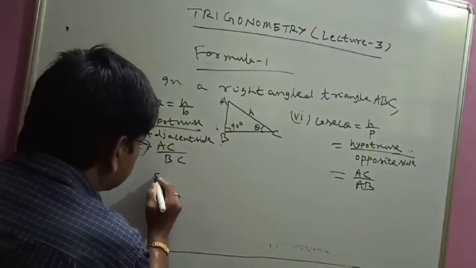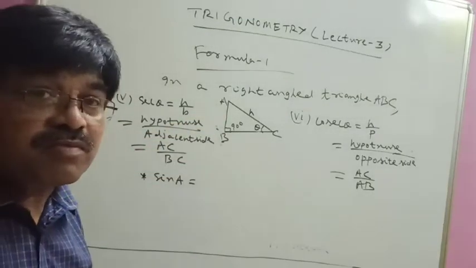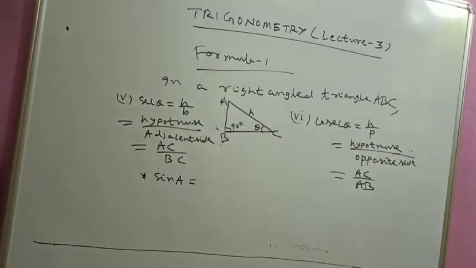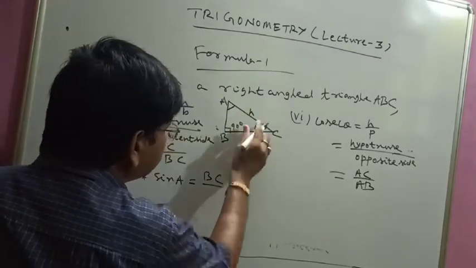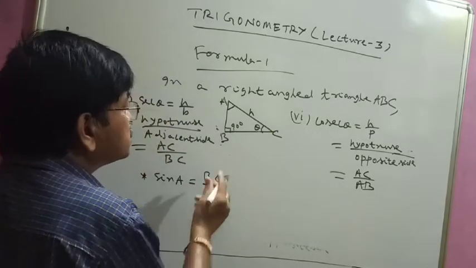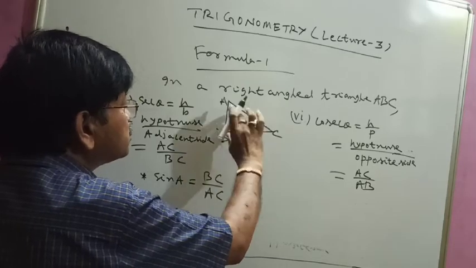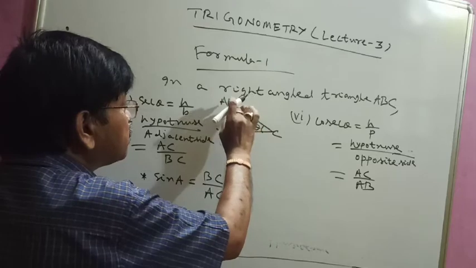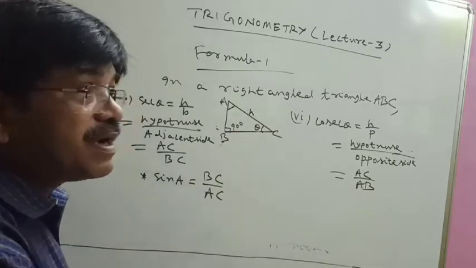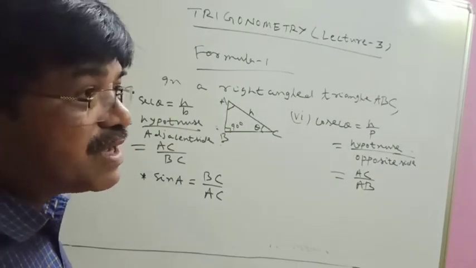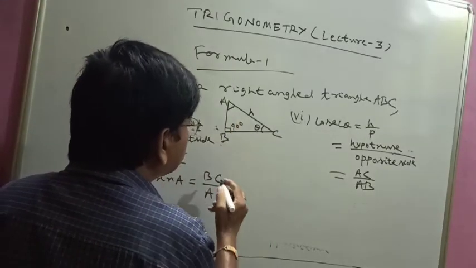Now consider sin A. The same formula: opposite side by hypotenuse. What is the opposite side to this angle A? That is BC. So it is BC by AC, that is P by H. When the angle theta is angle C, P is side AB. But if you take angle A, then AB will not touch it; the opposite side BC will. So the opposite side is perpendicular, and the adjacent side is your base, which you write in abbreviation as B. So sin A is BC by AC, remember.